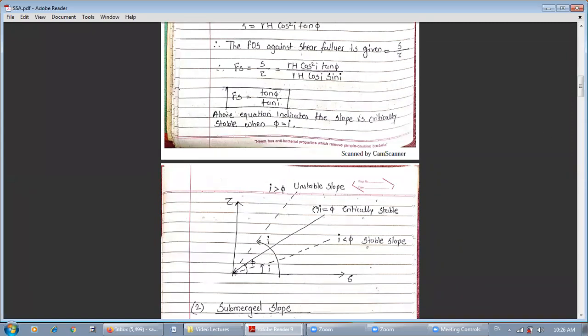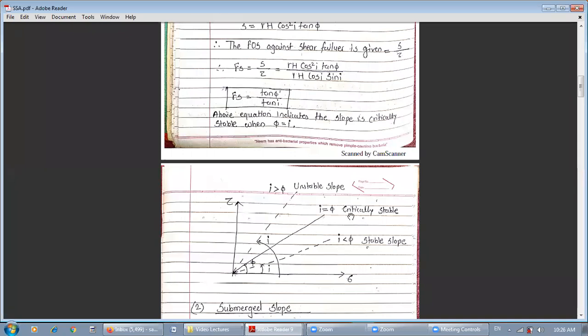हा तुम्हाला आधी एक्सप्लेन केलेला आहे. We have drawn this particular graph between normal stress and shear stress. हा तुमचा मोहर सर्कलचा जो ग्राफ आहे तोच आहे. Again we have drawn one line, this is the failure envelope, and failure envelope चा horizontal शी केलेला अँगल काय असणार आहे, phi असणार आहे. As it is passing through the origin, c value is equal to 0 because we have drawn this particular graph for the cohesionless soil. And from this graph, the equation for the factor of safety is equal to tan phi upon tan I. So phi is equal to I for the critical condition when factor of safety is 1.